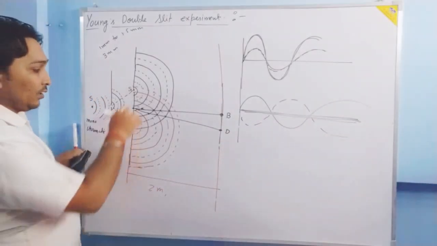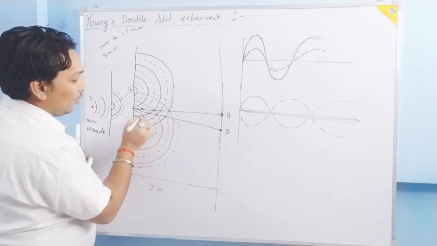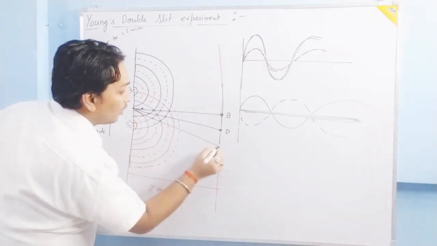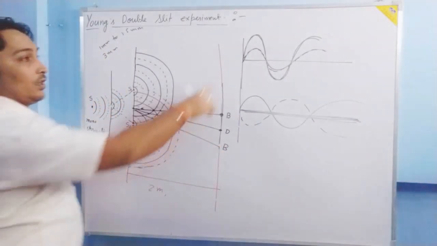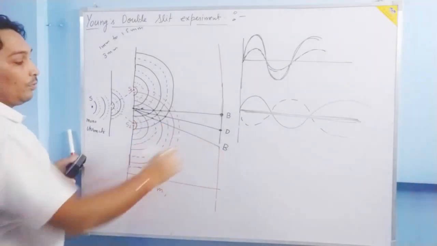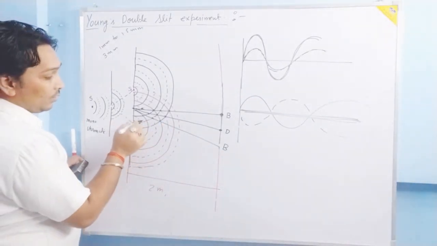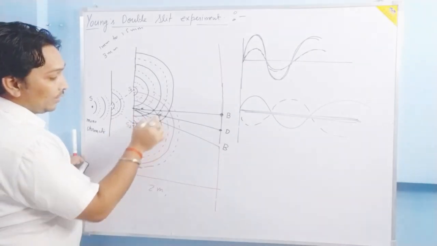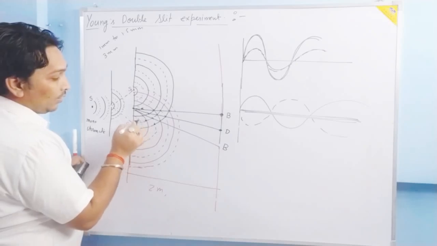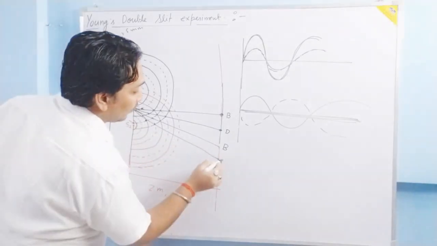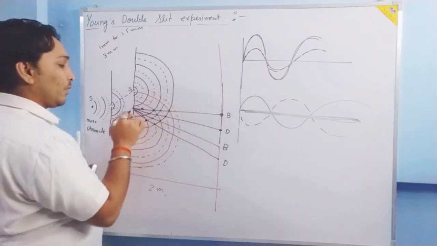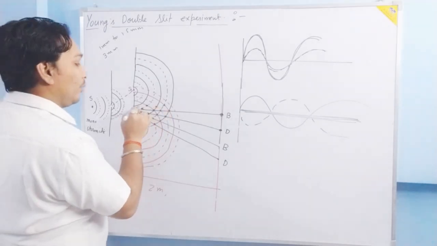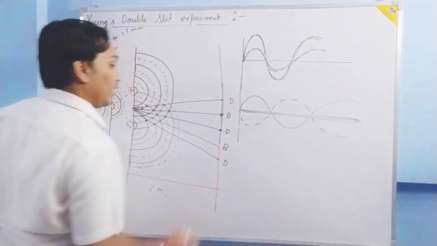Is it clear? In the same manner, just below it, here just see, one crust, another crust, trough, crust. So what we are going to have now? We are going to have bright light. Whenever a crust is meeting, trough is meeting, so it is going to be bright. And now here, just below it, if you are able to see, here you can see a dotted line and a dark line. Here a dotted line and a dark line. If you make this, we are going to have dark. In the same manner, above also. Just above it, if you see this point, they are meeting in opposite phases. So we are going to have a dark light.